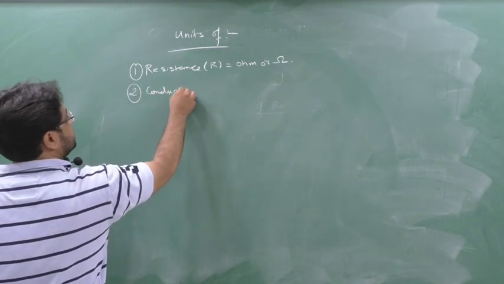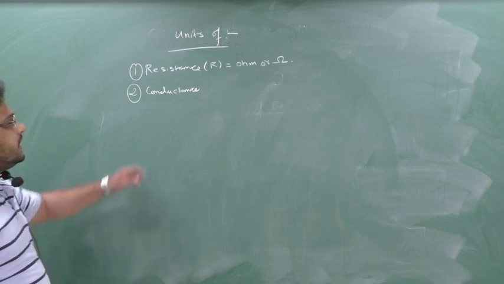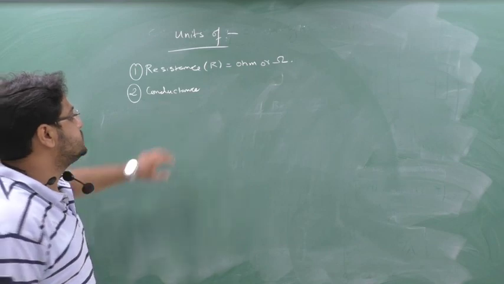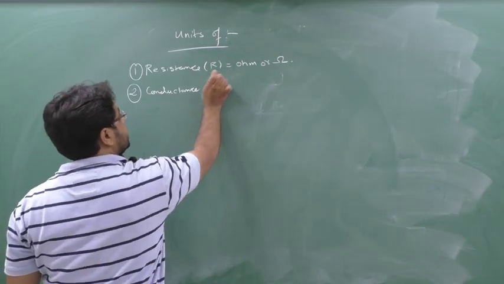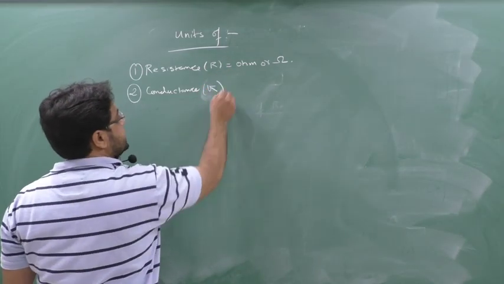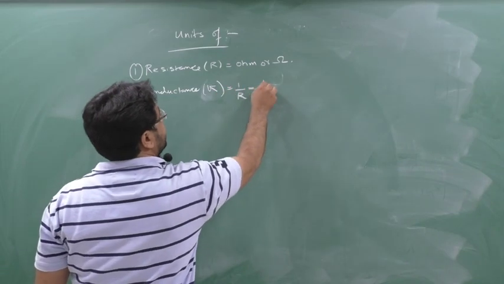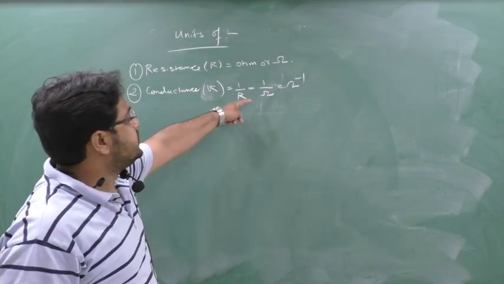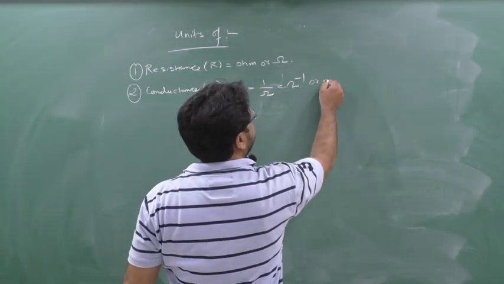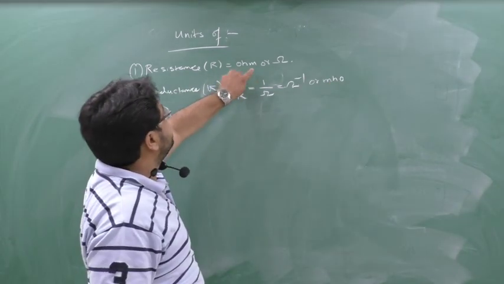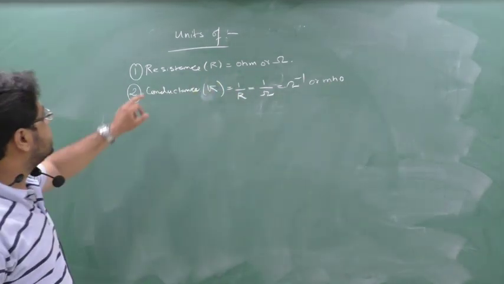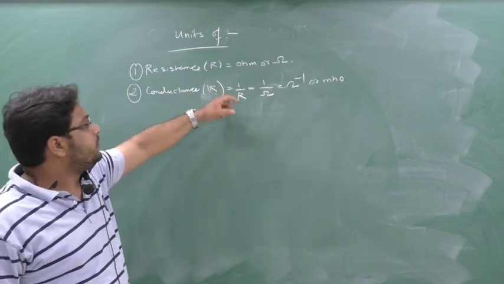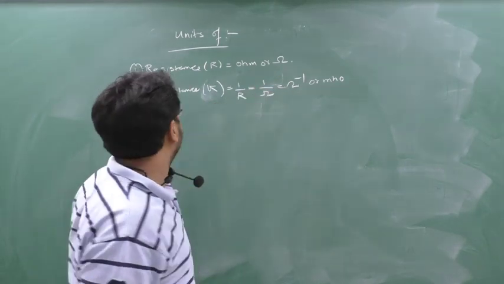Yes or no? Because I told you that related word with the resistance, that is conductance, and also the formula of the conductance is what? Inverse of resistance, 1 by R, that is conductance indicated as G, equal to 1 by R, that is 1 by ohm, that is ohm inverse, or we can say mho. So resistance unit R is ohm, or this symbol. Conductance G is inverse of ohm, that is 1 by ohm, that is ohm inverse or mho.